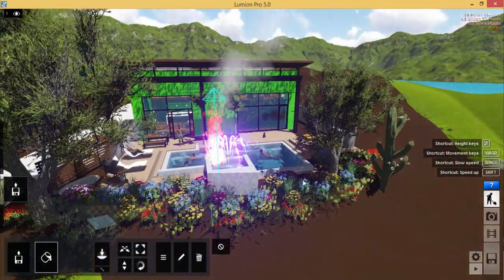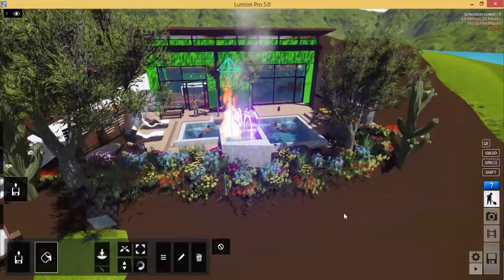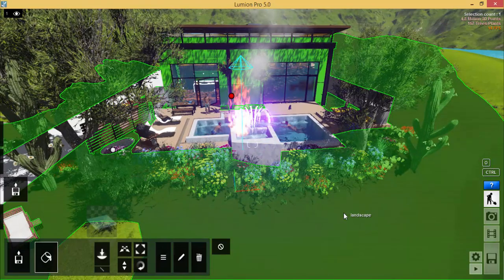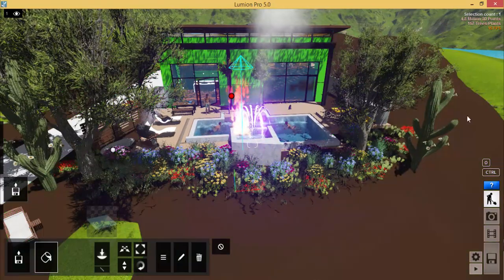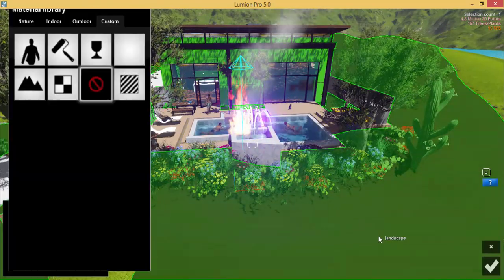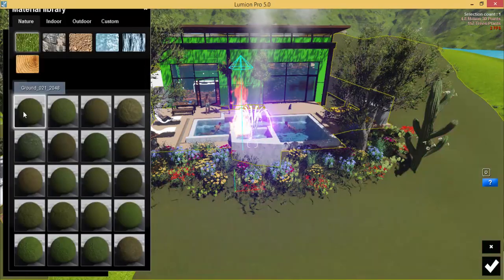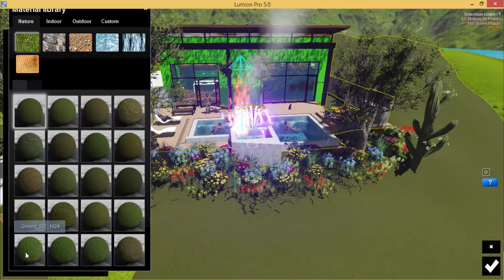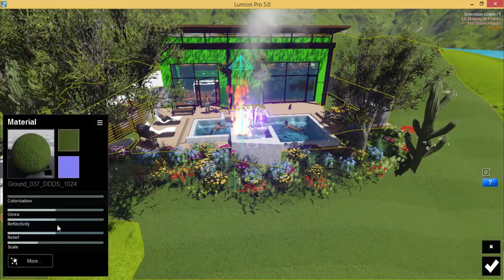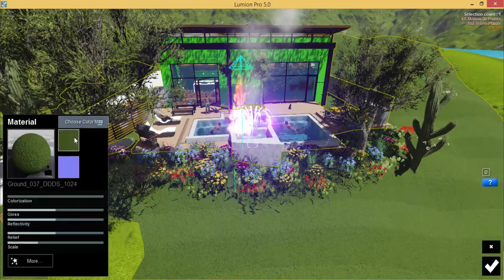And next, I want to work on the big patch here. At the moment, the environment is very muddy, so we want to change it to grass as well. So we will click on this and click on nature. That would allow us to map this material, and we can go and tweak the grass a little bit.